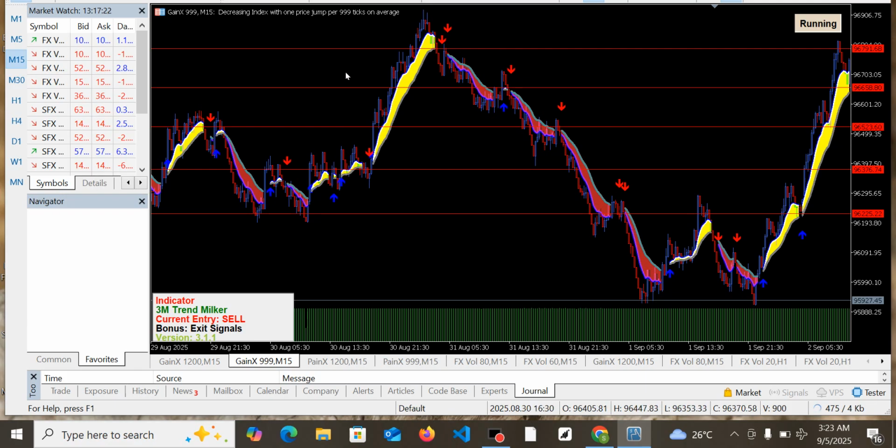For the past 2 weeks, we've been milking this particular asset called Ganex 999. We've been milking it because it has had fast movement within the last 2 weeks, and this is giving us an opportunity to milk it successfully because of the strategy we are using. This is the 15 minutes time frame, which means each candle takes 15 minutes to be created. Before you can have it fully created, it needs to take 15 minutes. So you can imagine how long you would have been in the trade if you are following this strategy.